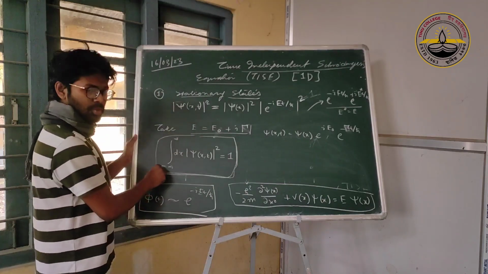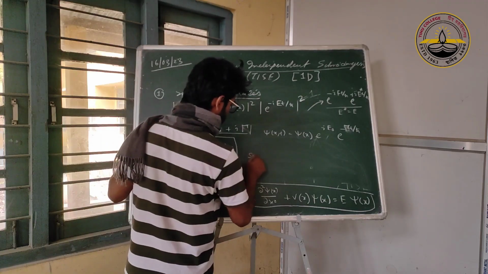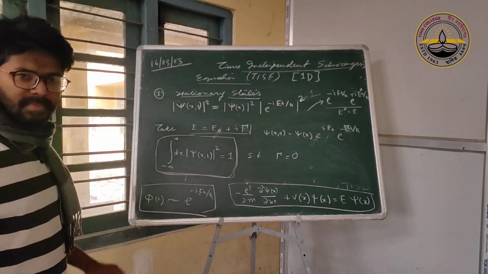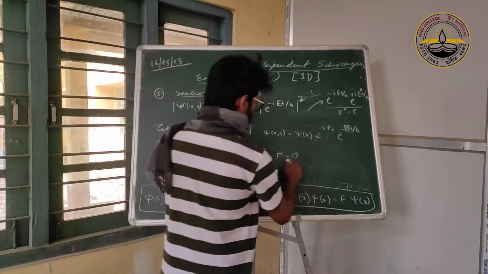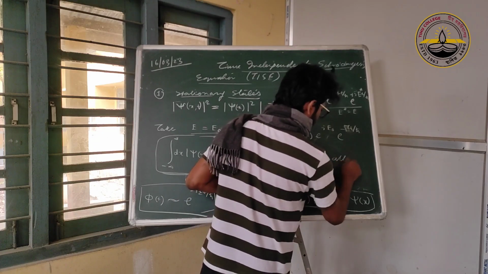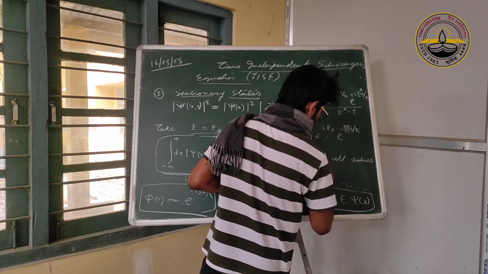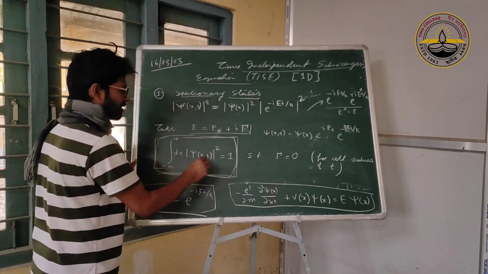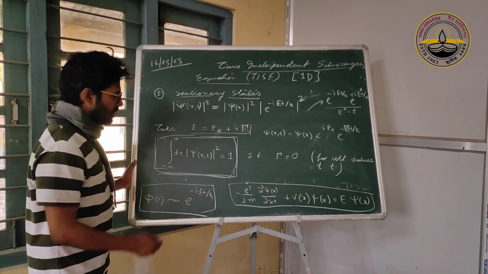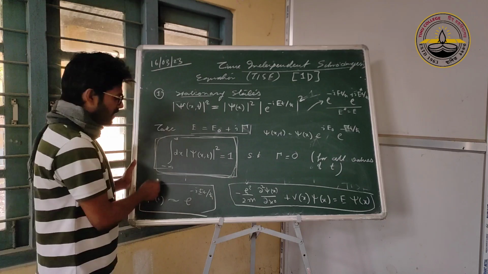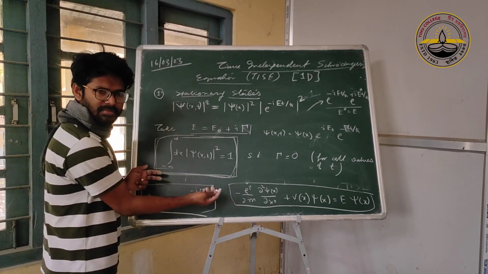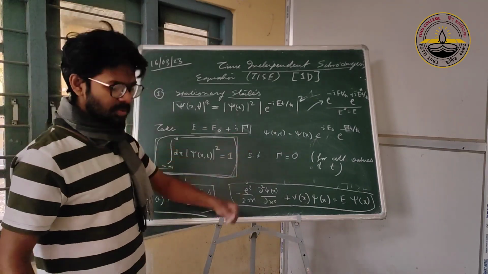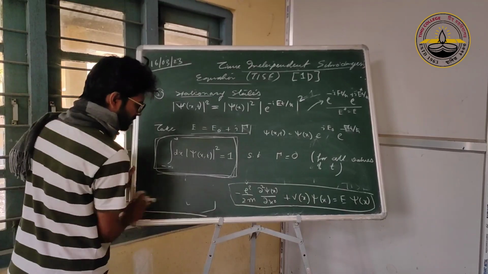If this has to be true, then show that your gamma must be 0. If normalization has to be maintained for all time, for all values of t, then gamma must be equal to 0. What has to be maintained for all values of t is that the time derivative of this piece has to be 0, right? The dt of this has to be 0, and therefore gamma has to be 1. So you have to prove that. It will be a simple proof.